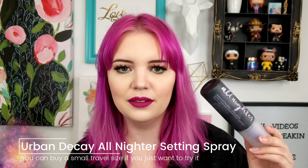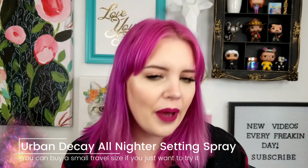Next up in the All Nighter category is the Urban Decay All Nighter Setting Spray. This bottle's actually empty, but I've used this in the old packaging and the new packaging. It's such an amazing setting spray. Of course, I prefer mine that I make myself, but if I ran out of that and I didn't have a batch ready, I would just use some of my All Nighter, and it lasts such a good time,